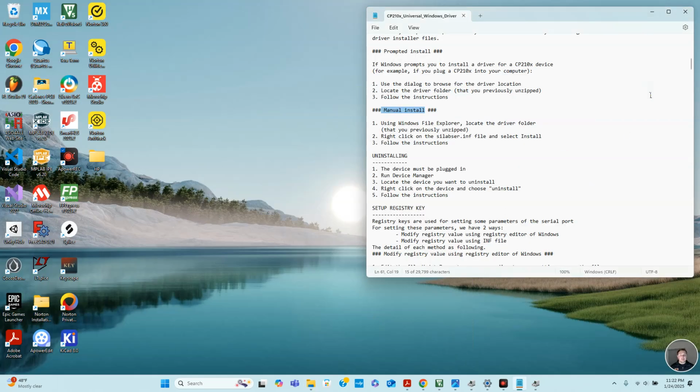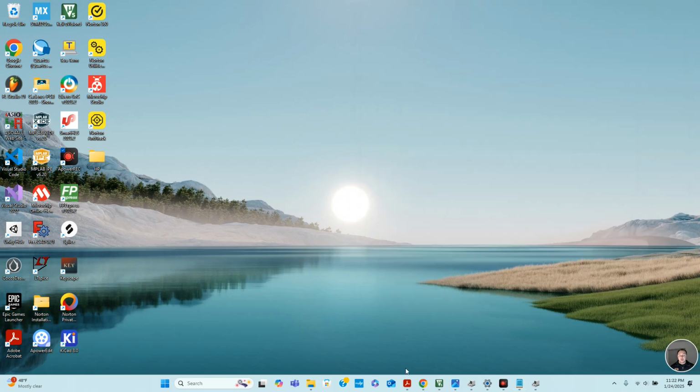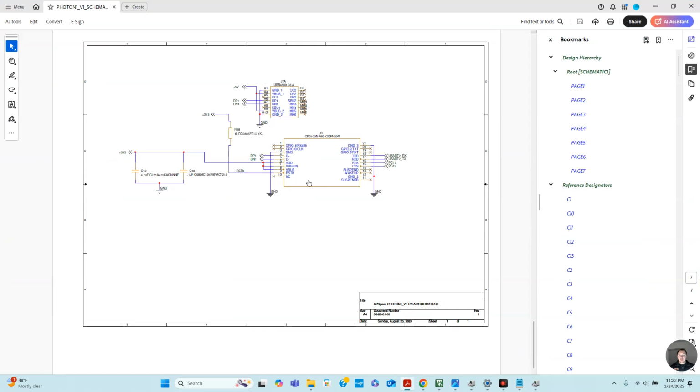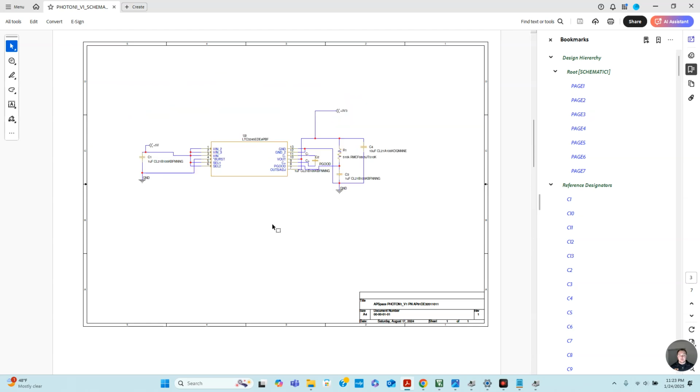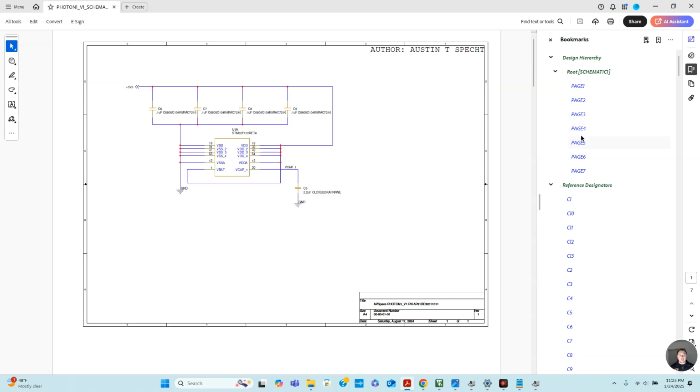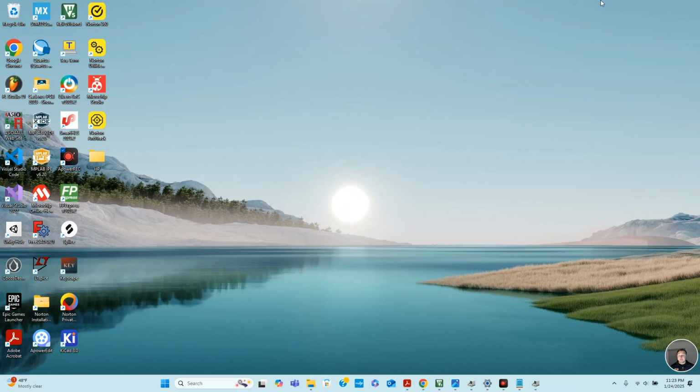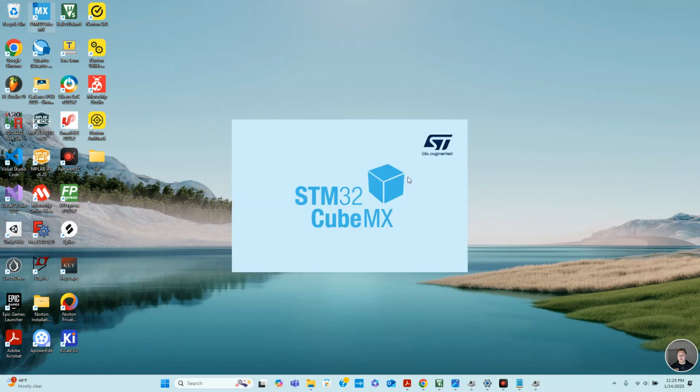So now that you have completed the manual install and the instructions for the USB to UART driver, which we configured for this part number right here, right? And then this is the whole schematic for Photon 1 V1. And now we want to open CubeMX,